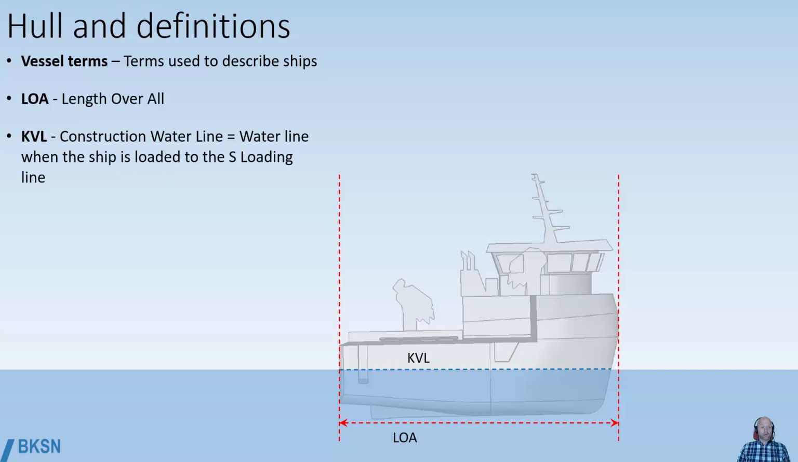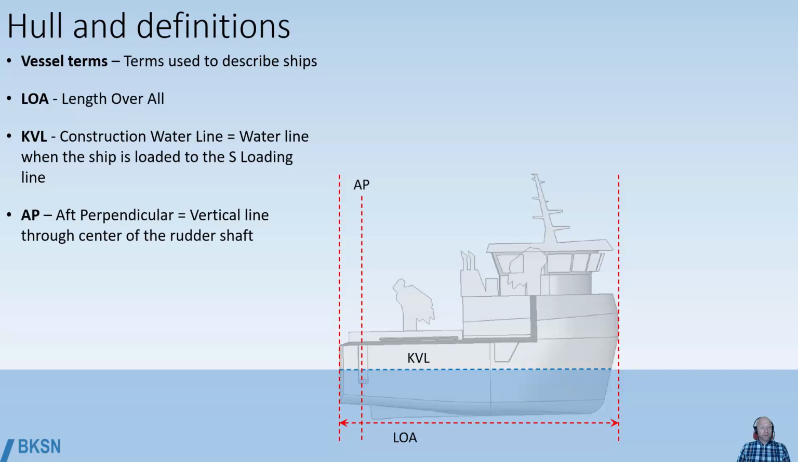KVL, the construction waterline. We use the Norwegian abbreviation. In English, it's fairly similar. This is the length of the waterline when the ship is loaded to its maximum summer draft, the summer loading line. AP, the aft perpendicular, is typically a vertical line through the center of the rudder shaft,